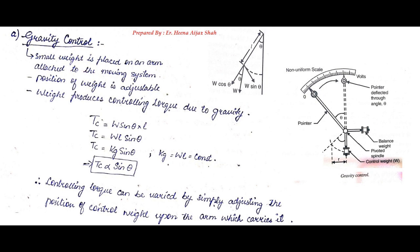But when the pointer is deflected through an angle, the controlling weight will have a displaced position, so W sine theta will act now, because it's not vertical anymore. If we look at the controlling torque, we all know torque is force into force arm. The force acting here is the component W sine theta, and the distance is L. So controlling torque will be represented by the formula WL sine theta,